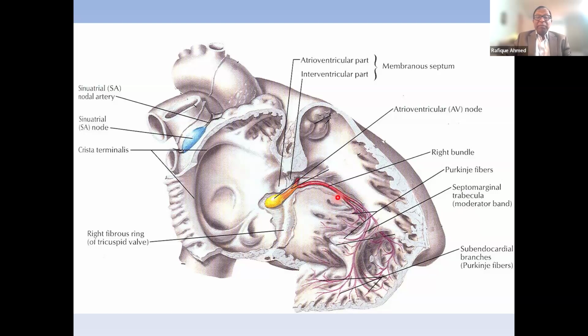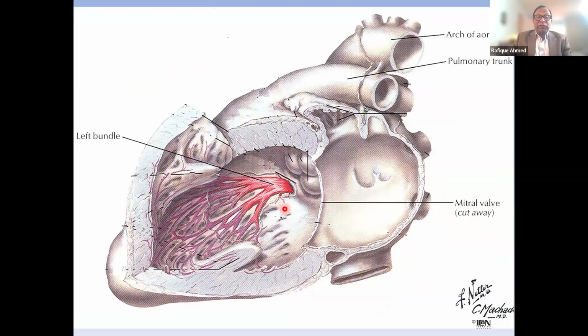We can traumatize it, and we can develop right bundle branch block. When we do catheterization, we see it quite frequently that we put a catheter in the right side, so then the patient develops right bundle branch block. That's because of transient trauma. And then the left side goes, and the left side is actually a much broader structure. It goes and then spreads out into left anterior fascicle and posterior fascicle. And then its branches and then Purkinje fibers.